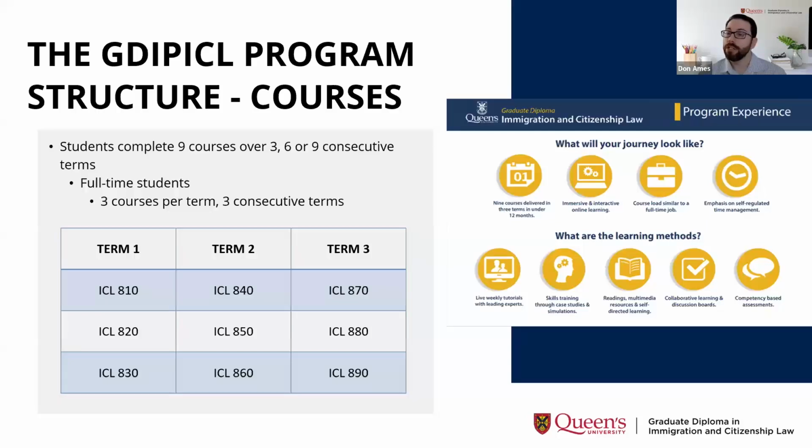All right, speaking of the full program, let's talk about the courses we offer and the 2 different study plan options. So for all of our admission cycles, we accept applications for full-time and part-time studies. For full-time students, you will complete 3 courses per term across 3 consecutive terms. So anybody who enters the program as a full-time student this January will finish the program in about mid-December of the same year.